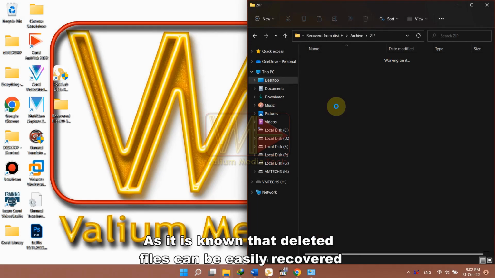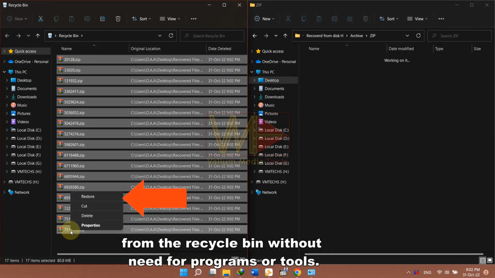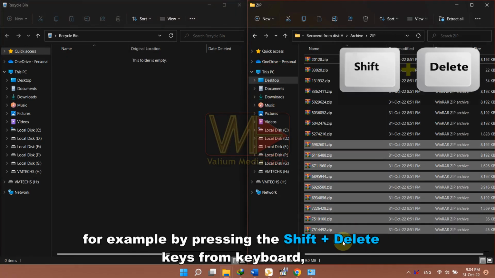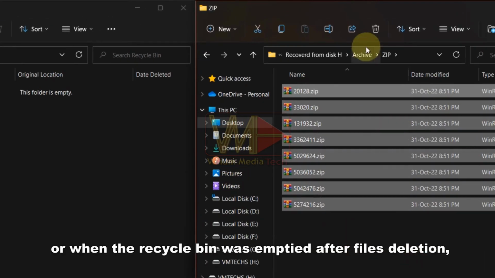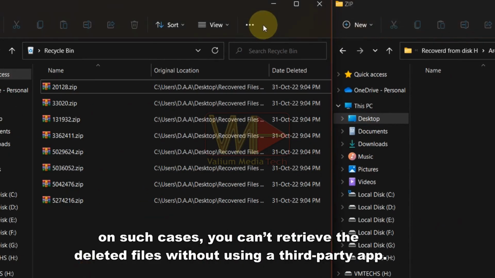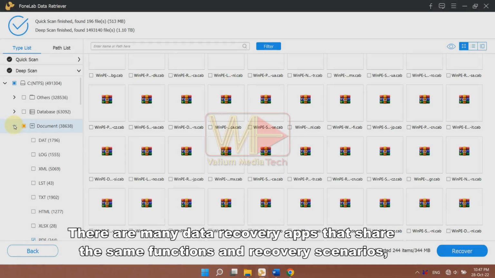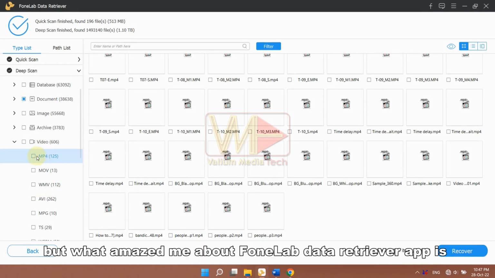As it is known, deleted files can be easily recovered from the recycle bin without the need for programs or tools. But if the files are deleted permanently, for example by pressing the Shift+Delete keys on the keyboard, or when the recycle bin was emptied after files deletion, in such cases you can't retrieve the deleted files without using a third-party app. There are many data recovery apps that share the same functions and recovery scenarios, but what amazed me about